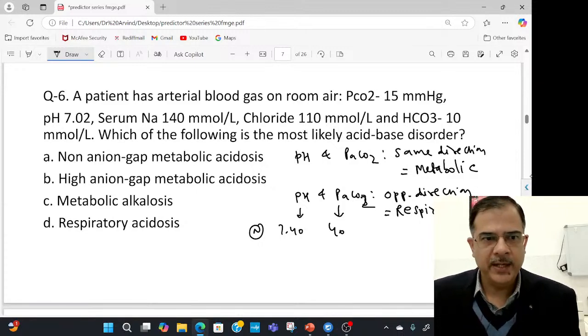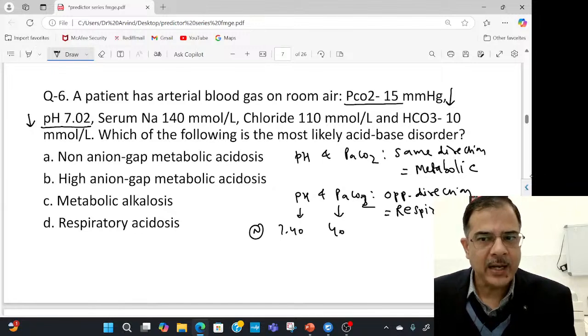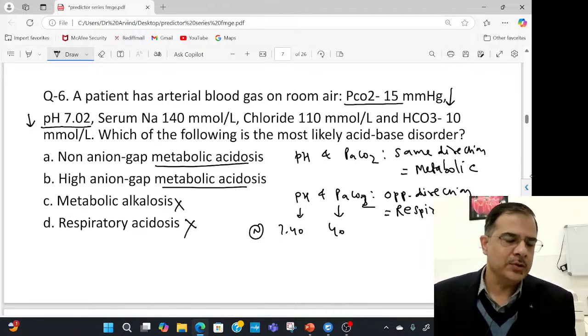So first look at the pH. pH is low, it is acidosis, and look at the CO2. CO2 is also low, so it is a case of metabolic acidosis. So two options you should focus upon. Rest you can rule out. These are not the causes. Now,